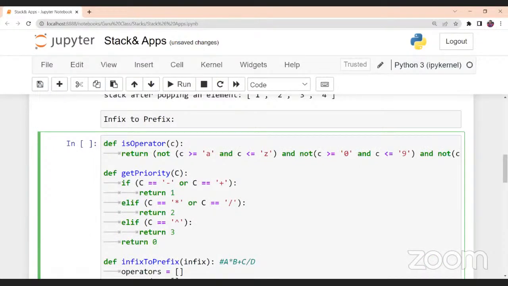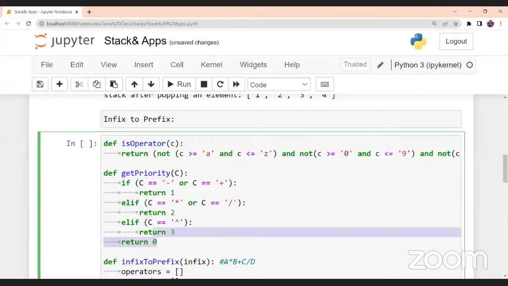That means the C is here, right? So whenever we are going to check whether that particular thing has a priority or not, we will always be checking it with some other separate function for checking the precedence. Okay. So here minus and plus are the operators, and if that is here, then return 1. We are just setting the priority. That's it. Okay. Now it is multiplication and division, then it will be setting the priority as 2. And then if that is an exponential, we will be setting that to 3.